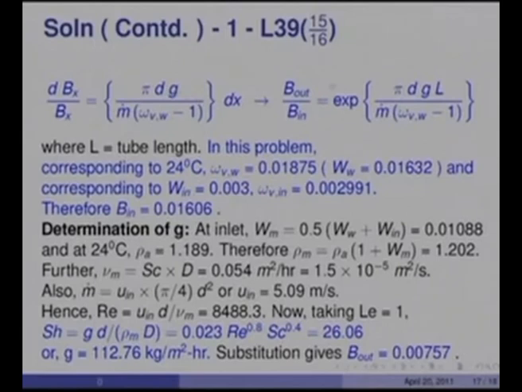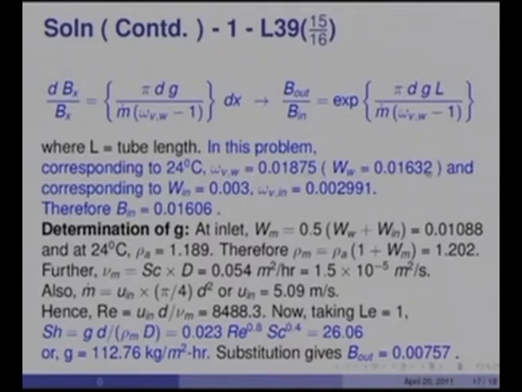So, that simply becomes pi d G L over m dot, times omega VW minus 1, with an exponential sign. Of course, since omega VW is going to be less than 1, this quantity is negative, and the exponential of a negative is a fraction, and therefore B out will be less than B in, and L is the length of the tube. So, in this problem corresponding to 24 degrees centigrade, omega VW is 0.01875, WW